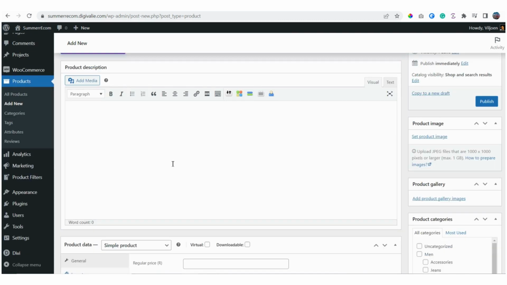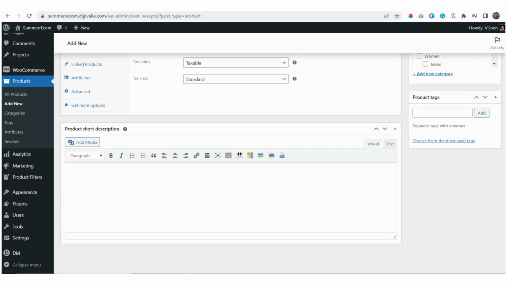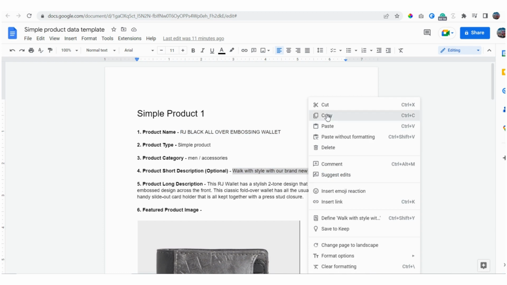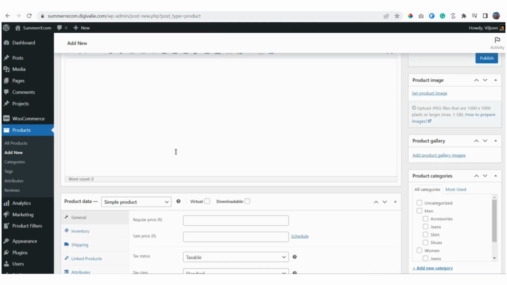Now it's very easy to confuse yourself with the product long description and the product short description, but here you will see it says product description, and when you scroll down it's going to say product short description. So we are now going to add the product short description. So here it says product short description, so we're going to add this text. I'm going to copy it, and we're just going to say Control V,